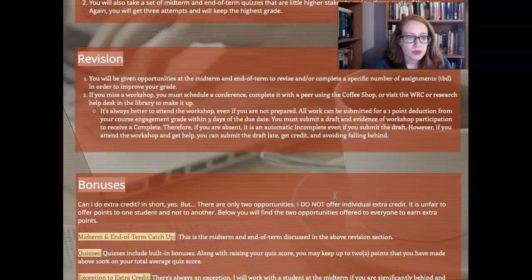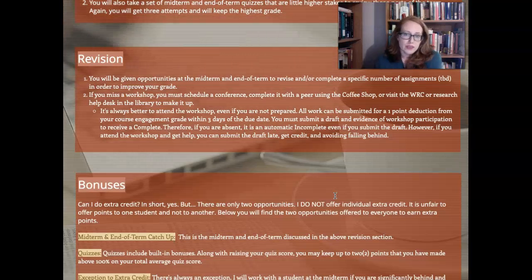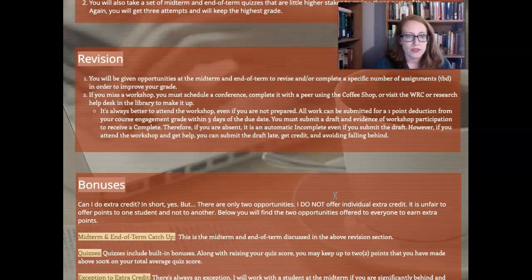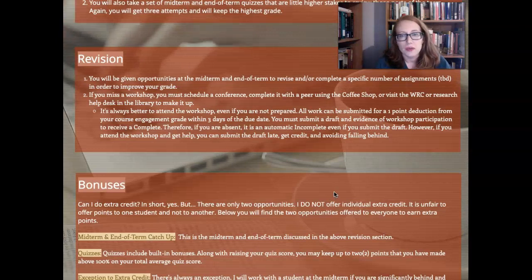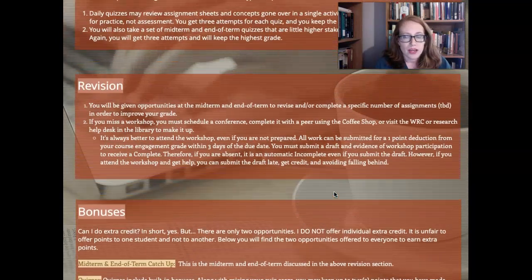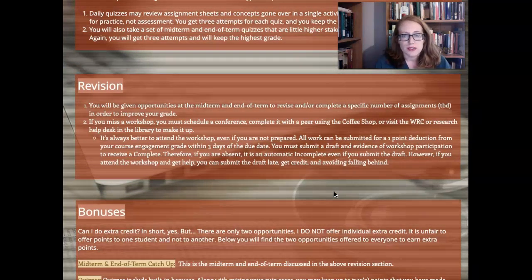I do give you opportunities to revise and complete missed work. At the midterm and at the end of the term, I'll offer an opportunity to make up or complete a certain number of missed assignments to bump up your grade if you've fallen behind a little bit. And also if you miss something like a workshop or a conference, something that's a little bit higher